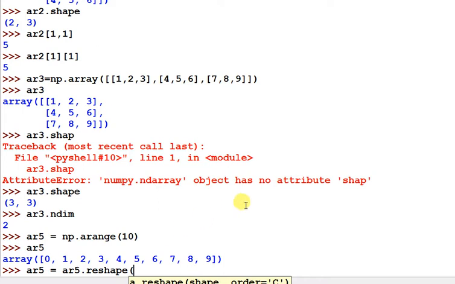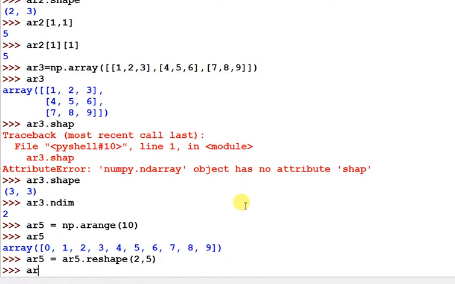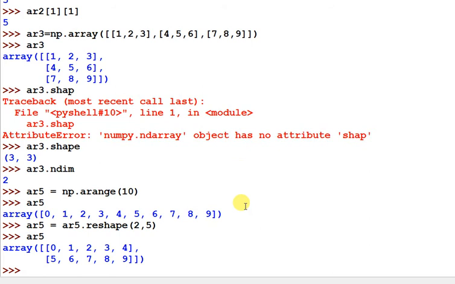Suppose I pass 2 comma 5. Now look at the result. This generated an array with 2 rows and 5 columns.